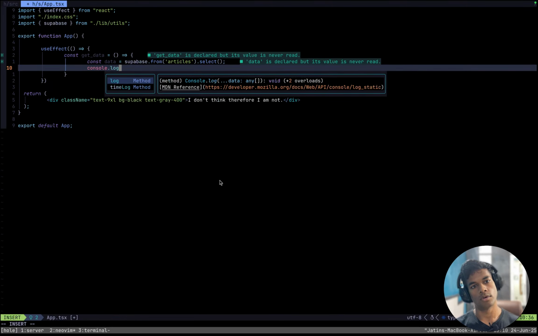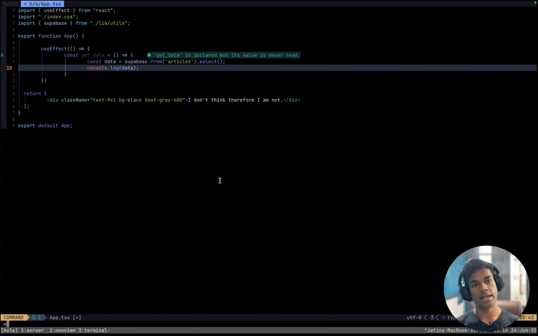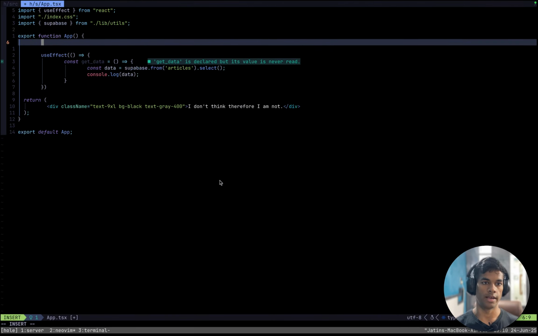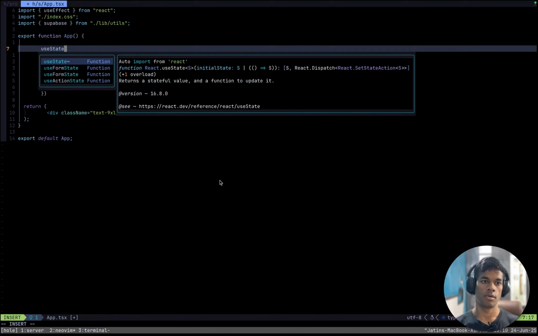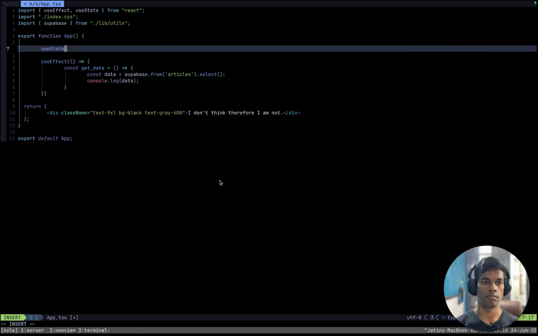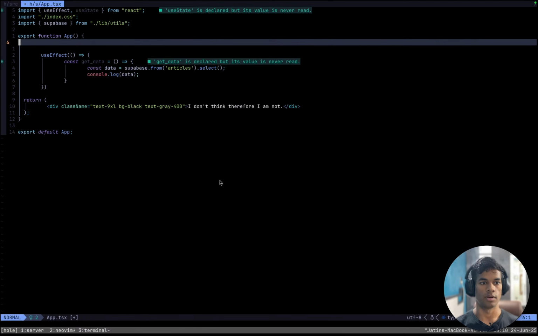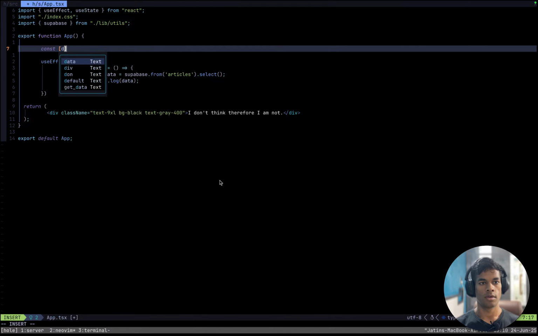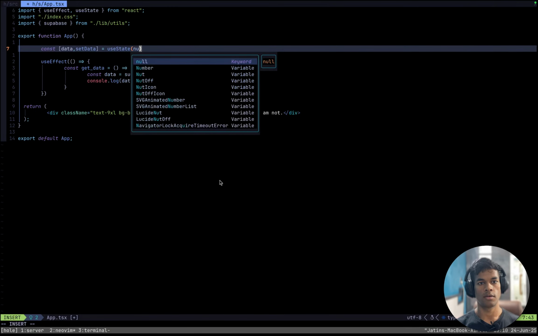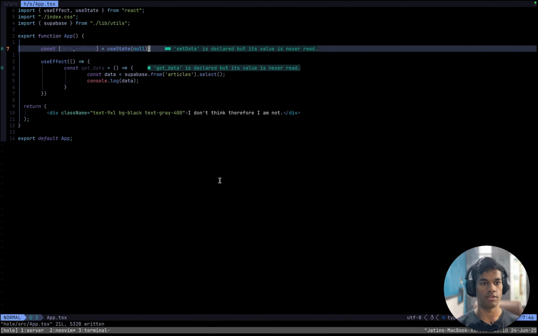And console dot log data, or more like, more like useState. const data, setData, useState null initially.